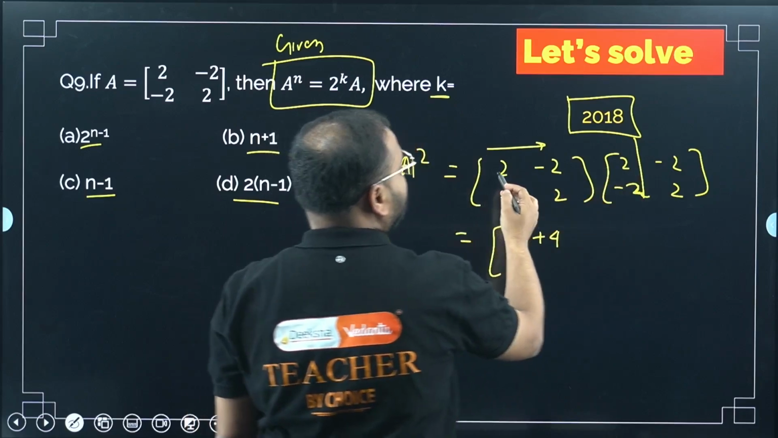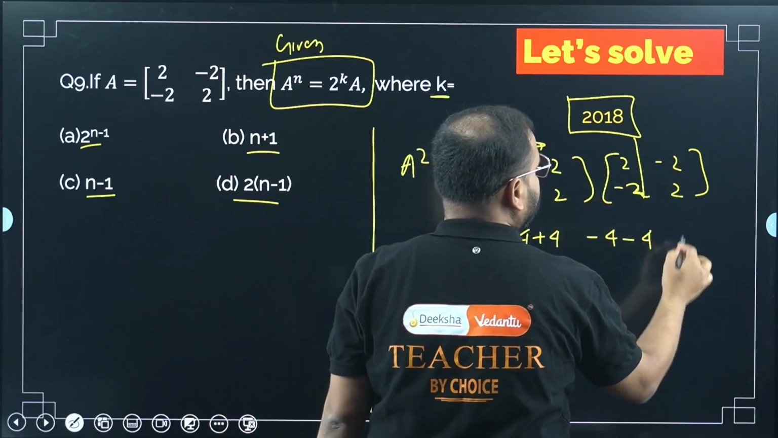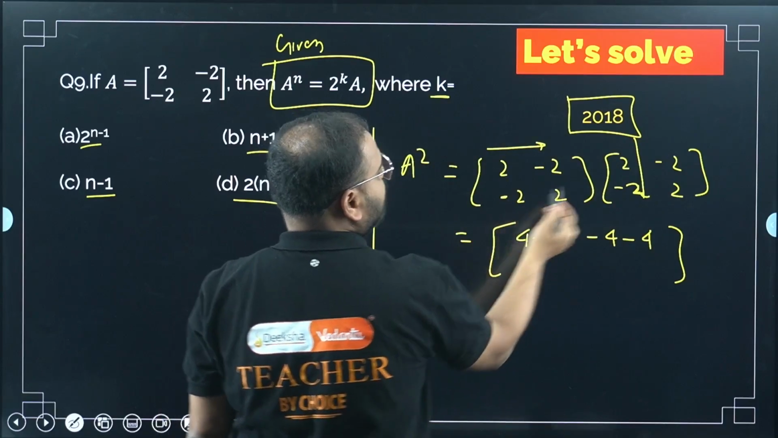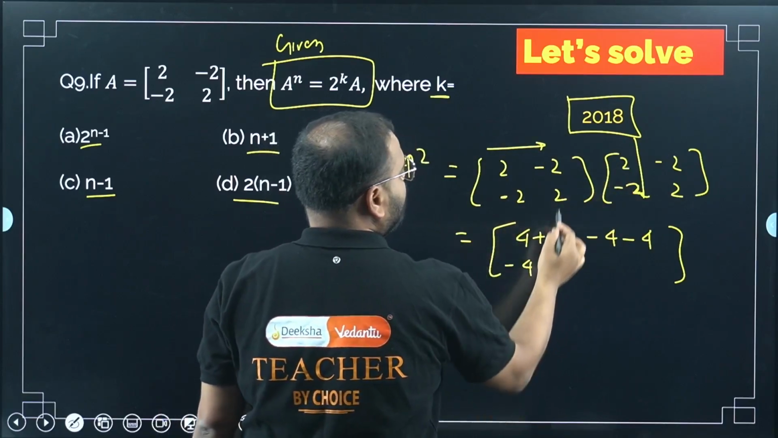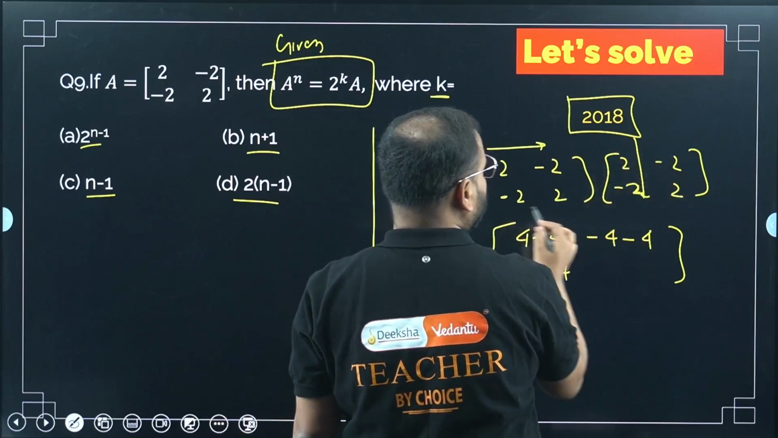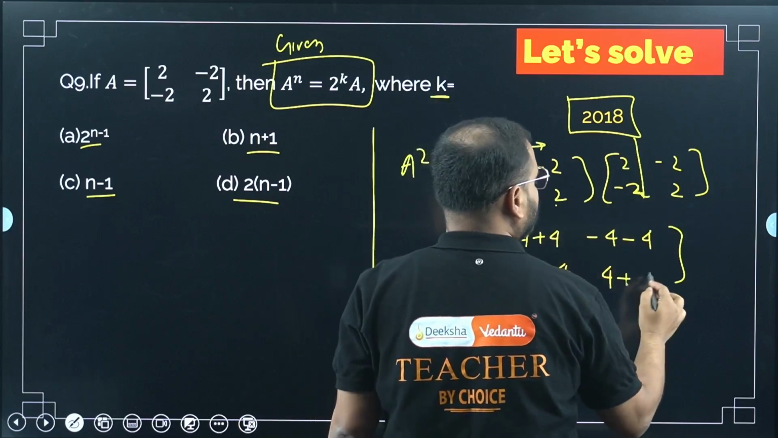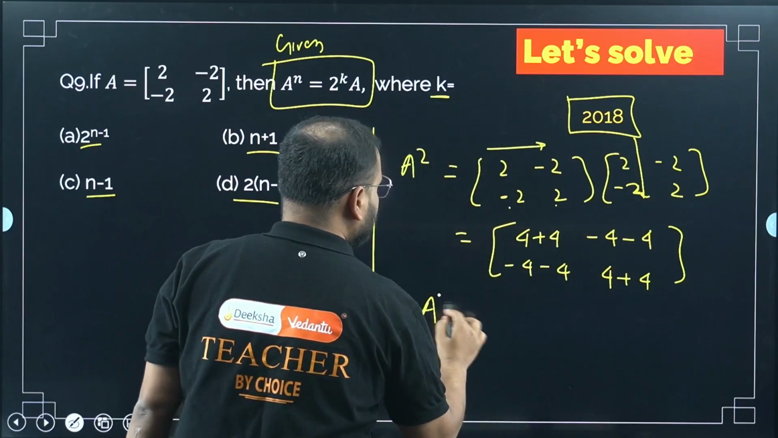Now with the second one, 2 times minus 2, minus 4. Minus 2 times 2, minus 4 again. Please check here. Second row now, minus 2 times 2, minus 4. 2 times minus 2, minus 4. Now second row with second column, minus 2 times minus 2, plus 4, and 2 times 2, plus 4. How much am I getting? I'm getting my A square as